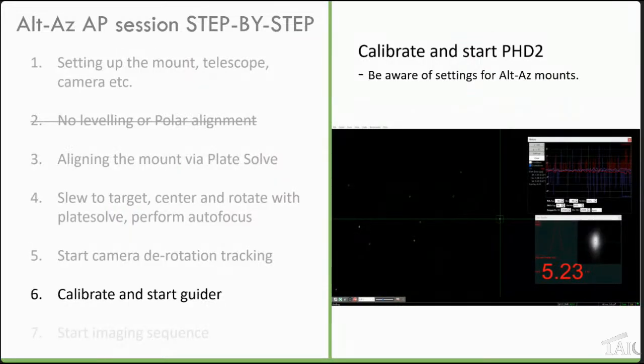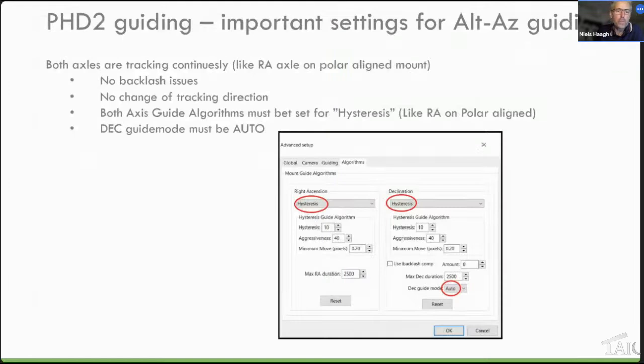And then we are coming to the guiding, which is where the main difference in how to do things compared to the polar aligned mount shows up. You need to calibrate and start the guider. But before you do that, there are some settings that have to be set correctly in PHD2 to be able to guide the mount. First, you need to understand that both axles on the mount are tracking continuously,